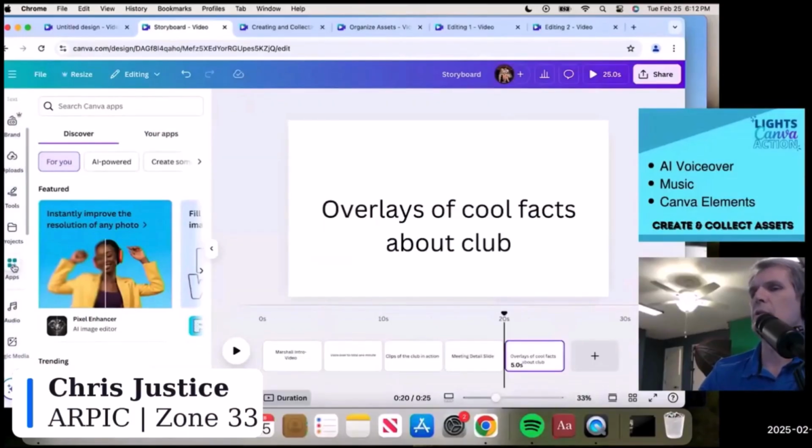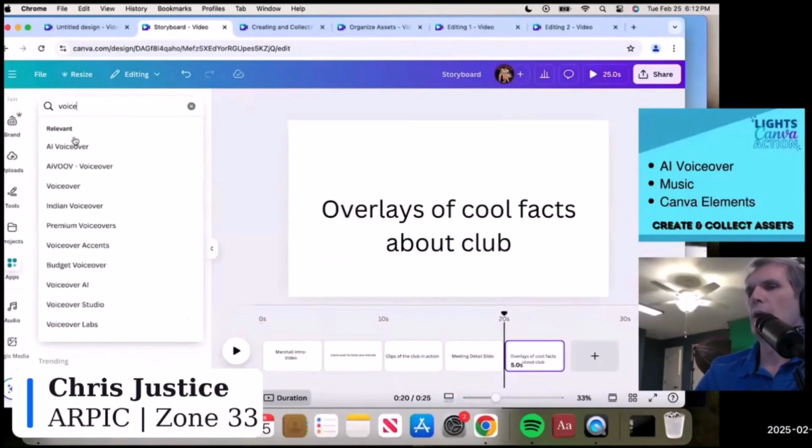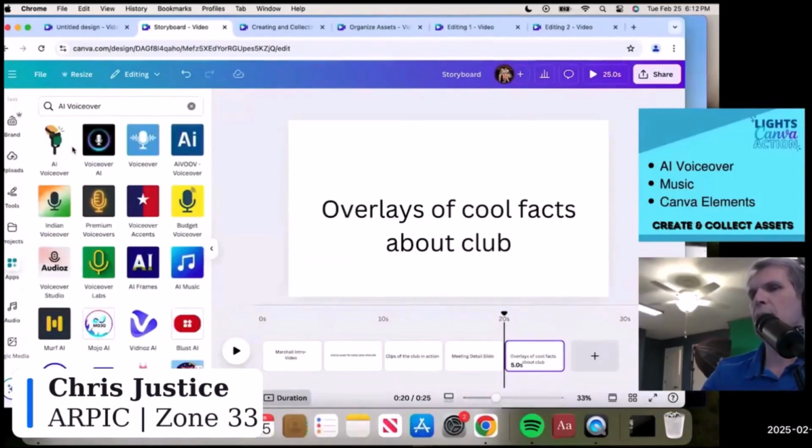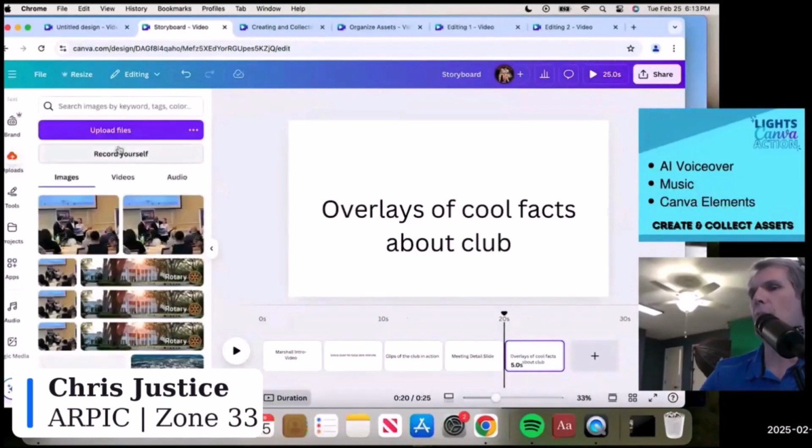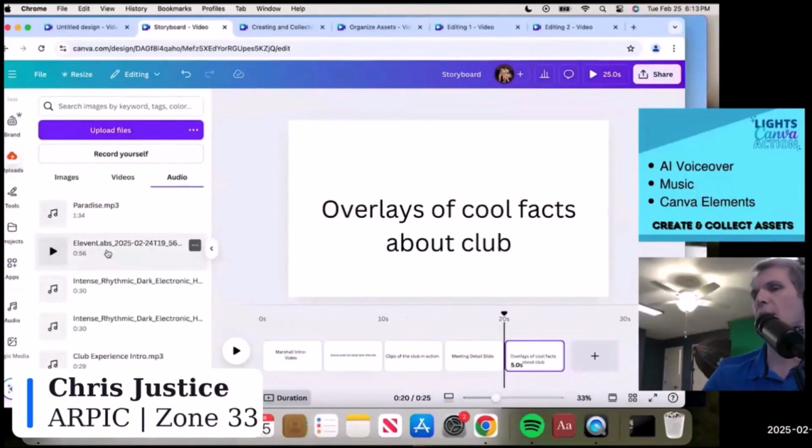And one of them in particular, if you're looking at the apps, I was talking about voiceovers, right? So AI voiceover, you can pull that up and you see a handful of apps that are working in Canva that you can click on to do voiceover work. Now, these are all behind paywalls. They offer you a small amount of content that you can get for free, but you would have to pay extra. I use a different app for my AI voiceover stuff. So I actually imported. So if you go into my uploads in audio, you will see the audio file that I imported for this particular narration,